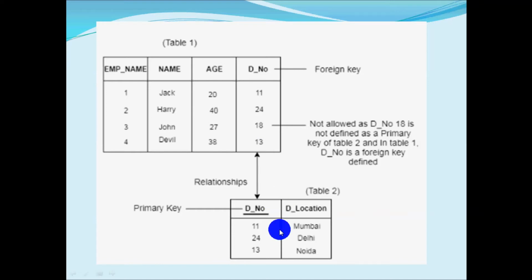This is a very important concept about the foreign key. So what is a foreign key? We use the primary key of one table in another table, because this table does not have such unique values independently. That's why we borrow the key from another table, so that key for table 1 is nothing but the foreign key. The foreign key may be null, but there should not be a value which is not present in the primary key.